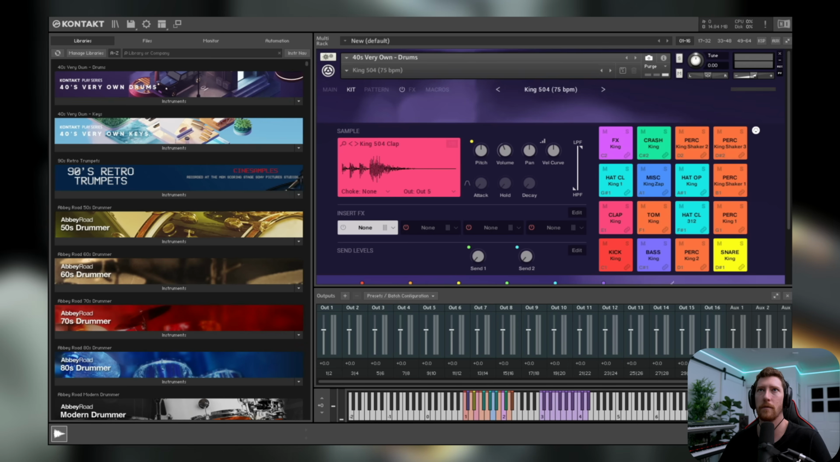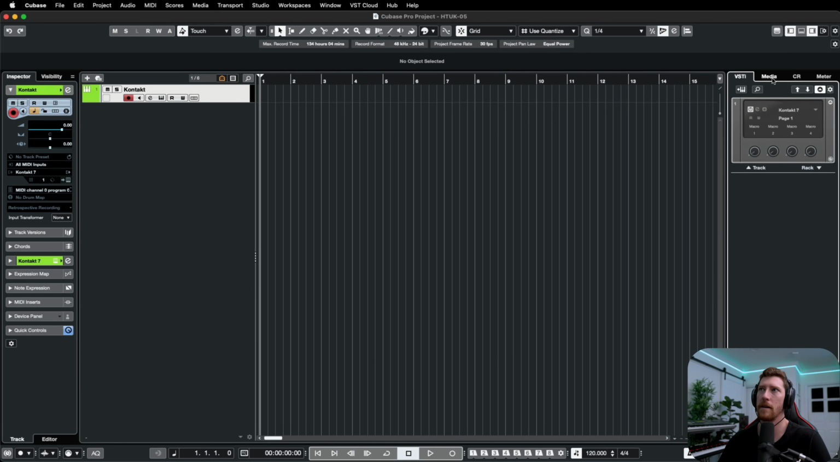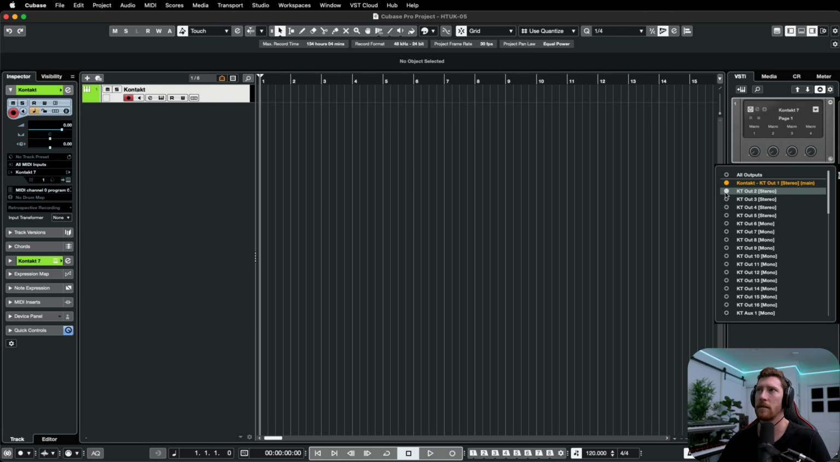So in Cubase, what I'll do is I'm just going to close out of Kontakt's window, and I'm going to open up my side pane and select the VSTi. Now in Cubase, what we'll have to do is activate the individual outputs. So I'm going to click this drop down, this triangle here, and select activate outputs. And I'm going to select everything here all the way up to output 16